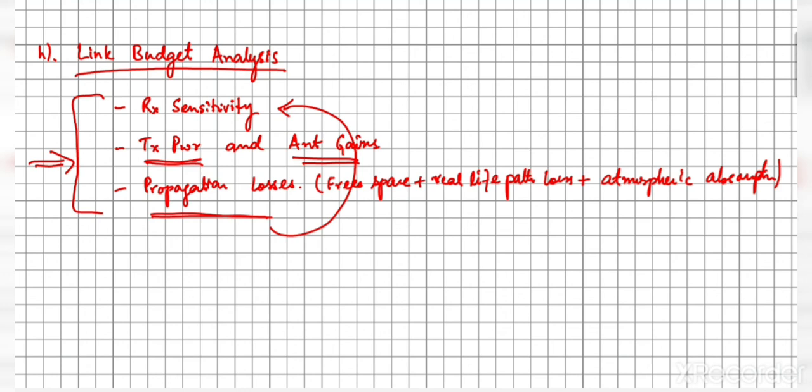It will therefore be able to tell us whether a communication link under particular settings of TX power, antenna gain, and propagation losses will be able to provide the receiver with a signal that is higher than the receiver sensitivity, in order to ensure that the link would work or not. We therefore define the link margin